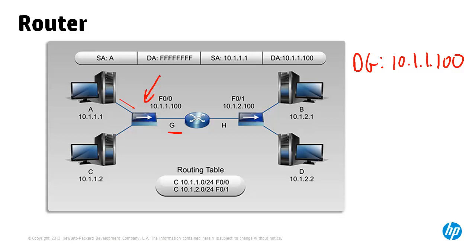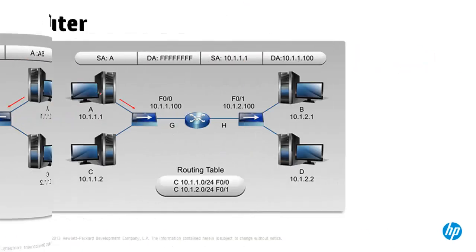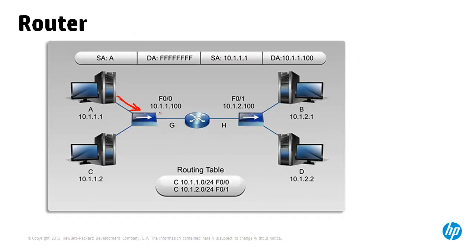So if there's no entry on the local PC for the MAC address of its default gateway, it will send out a broadcast onto the segment asking who has this IP address. In other words, an ARP request is done for the MAC address of the default gateway. When the broadcast is received by the hub, it will flood that out of all ports. PC C will receive the broadcast at layer 2,